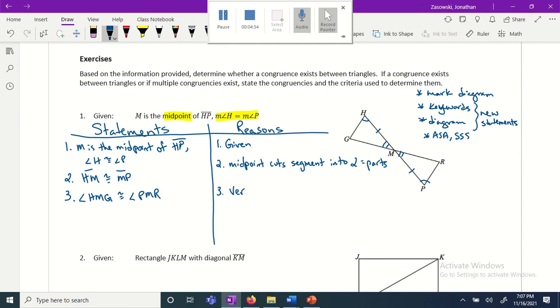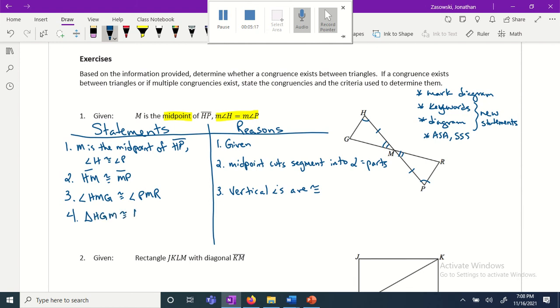That's once again vertical angles are congruent. And then do we have enough now to say these two triangles are congruent, right? Look, we have angle, the side in between, and angle. So that's angle, side, angle. So now we can say, okay, that triangle HGM